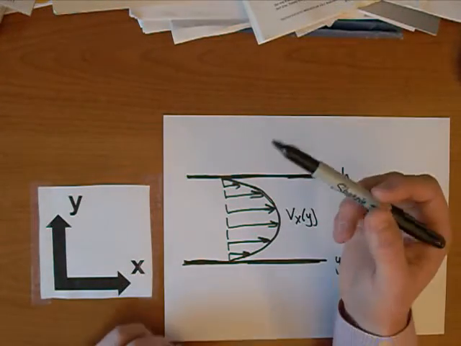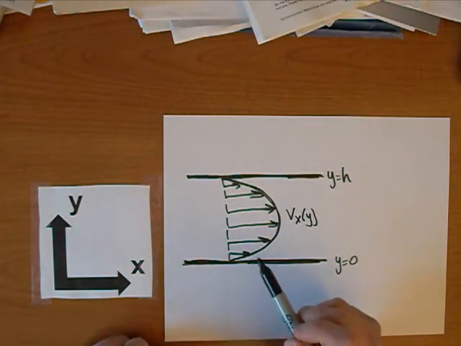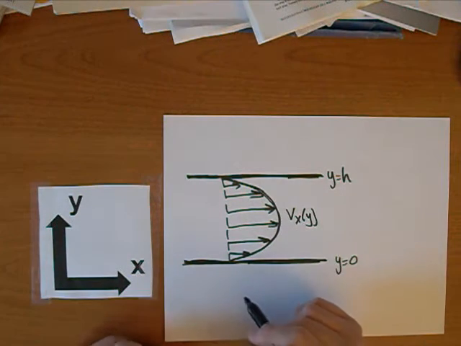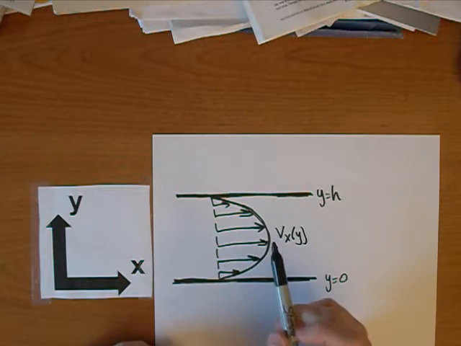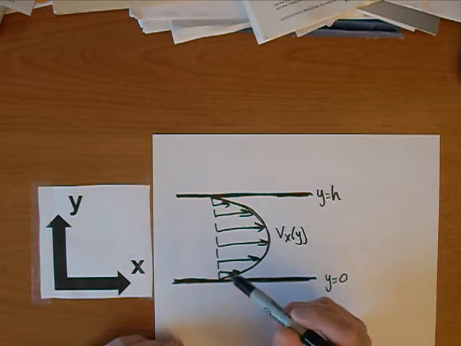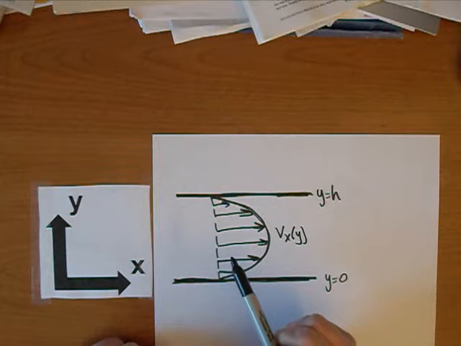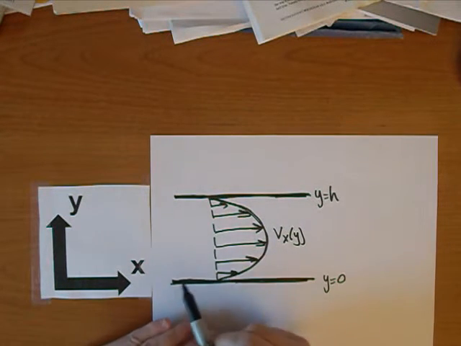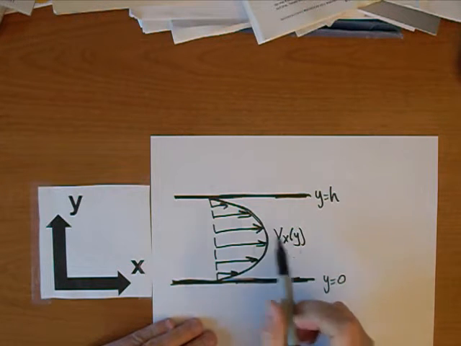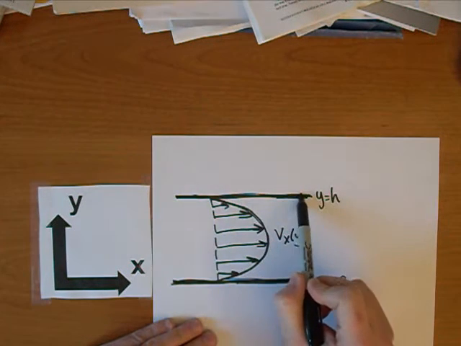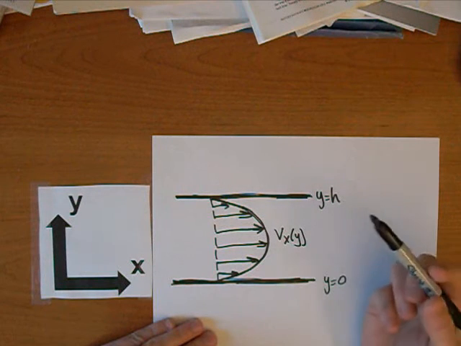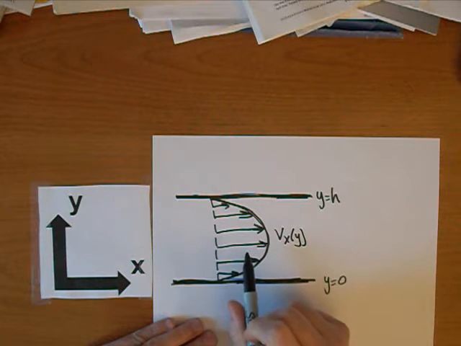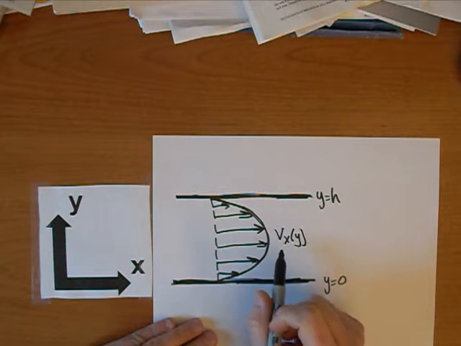Okay, so what I want to talk to you guys about is how we set up a force balance on a control volume. And the example we're going to talk about right now is when you have two rectangular parallel plates and the fluid motion between those plates. So a lot of times you see it drawn like this, where we have our lower plate at y equal to 0 and the plate above it at y equal to h, and in this case I'm showing a fully developed steady flow where there's only one velocity in the x direction, and it is a function of